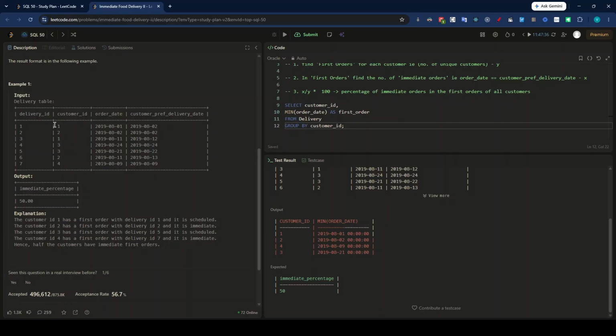Just remember that window functions will allow us to perform this aggregation on each and every row. I will cover that in upcoming lectures. So now